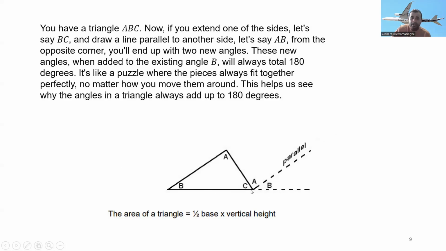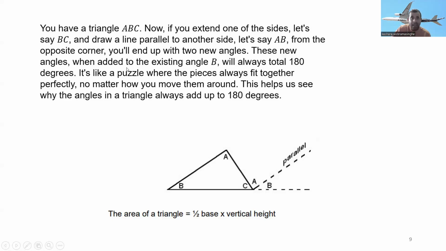Now we will draw a line parallel to AB from the opposite corner. Now you end up with two new angles. These new angles, when added to angle B,